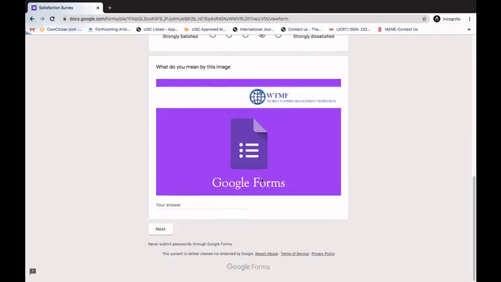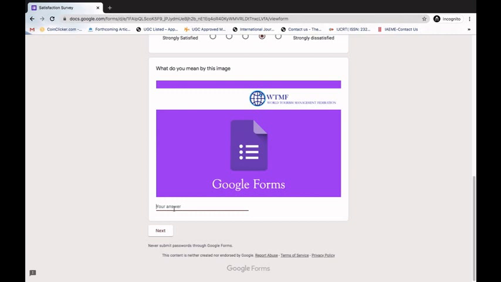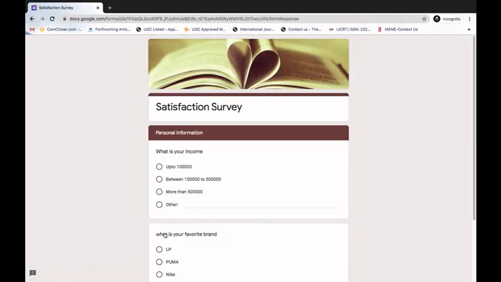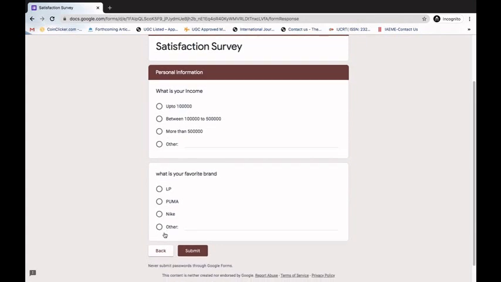And what do you mean by this image? I will write: this image means Google Forms. Okay, and I can click on next, which will lead me to the next section of this form, and this form asks me for personal information. Three options are available to me. What is your income?